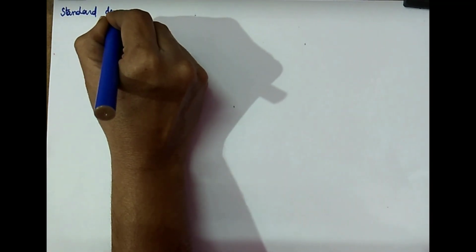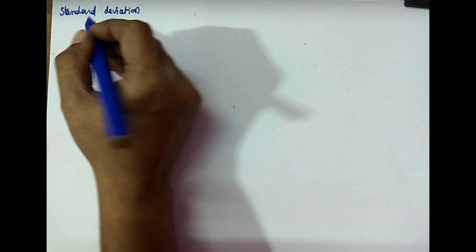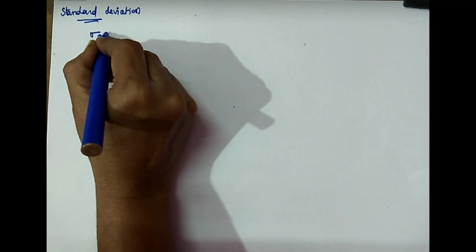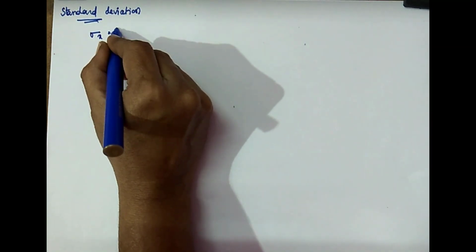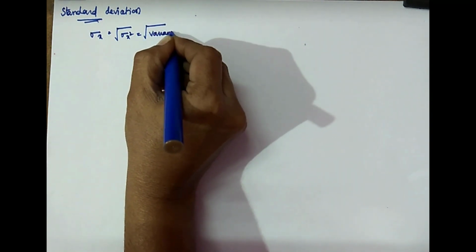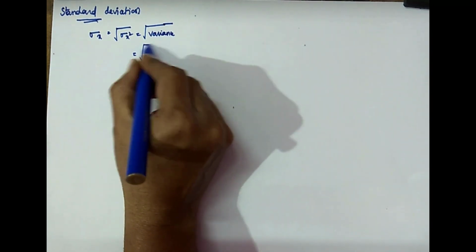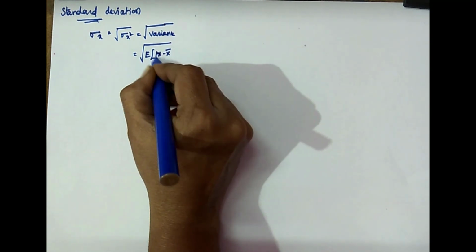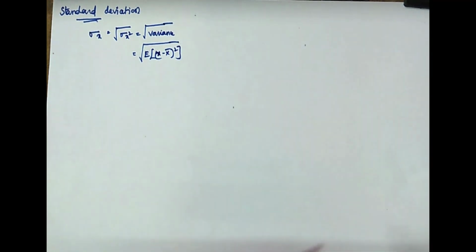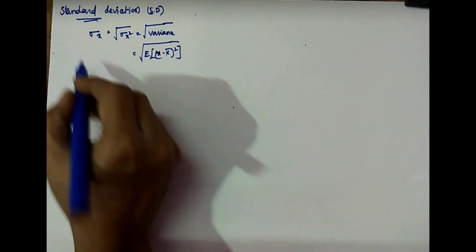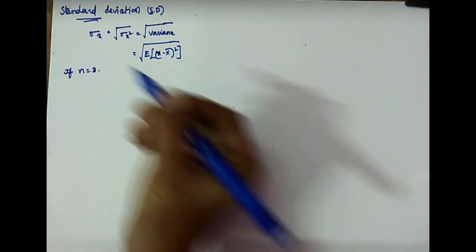Next is the concept of standard deviation. In connection with the variance, you have standard deviation. The standard deviation is represented by sigma x, which is nothing but root of sigma x square, meaning root of variance. Root variance, that is root of E of (x minus x bar) whole square. That is the standard deviation. Now if you take n is equal